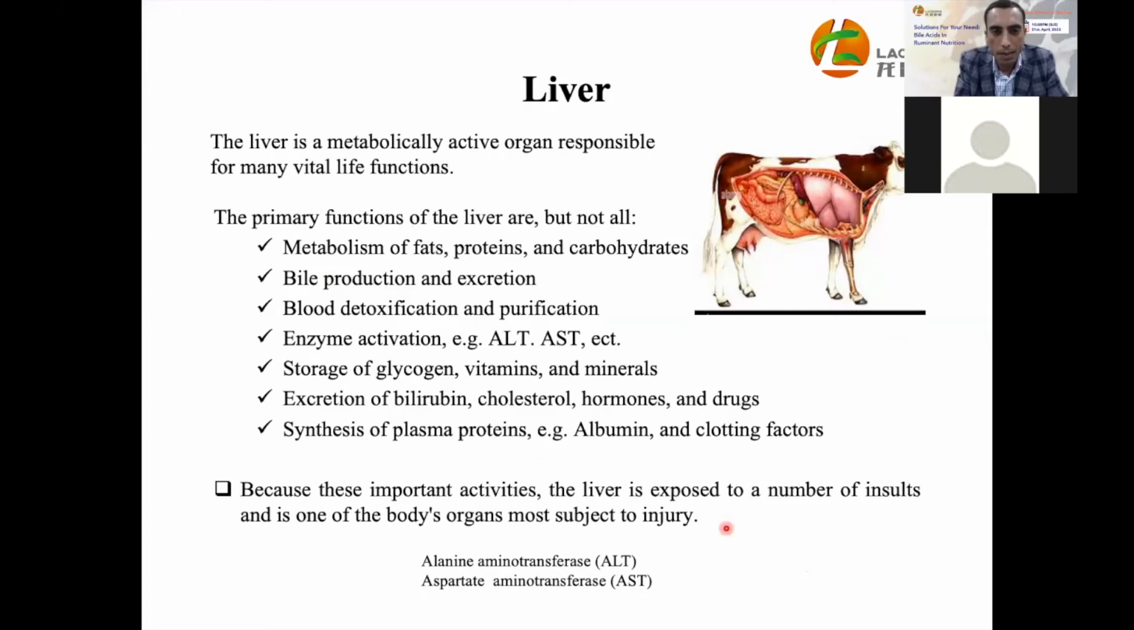Bile acid is synthesized and secreted by the liver, and the liver is an important organ in our body because it is responsible for many vital life functions and jobs. As examples of liver function, but this is not all, just the important points: participate in metabolism of lipid, carbohydrate and protein, and also bile production, secretion, and blood detoxification,